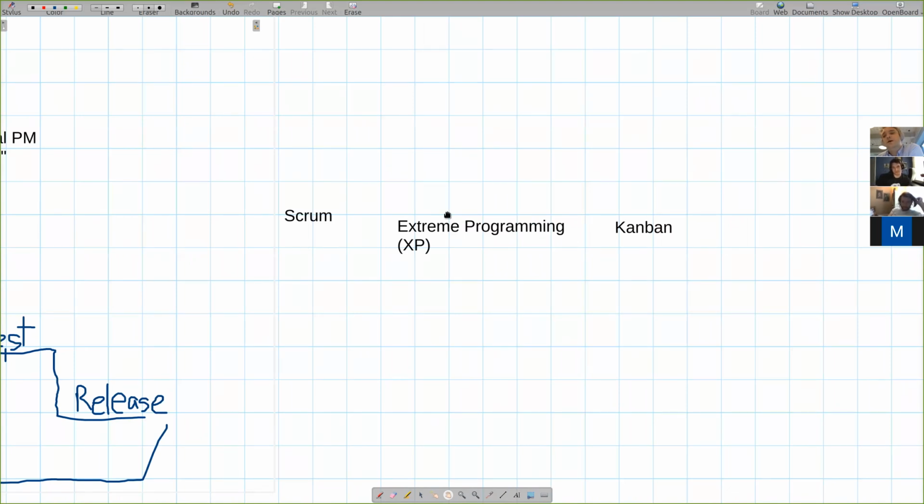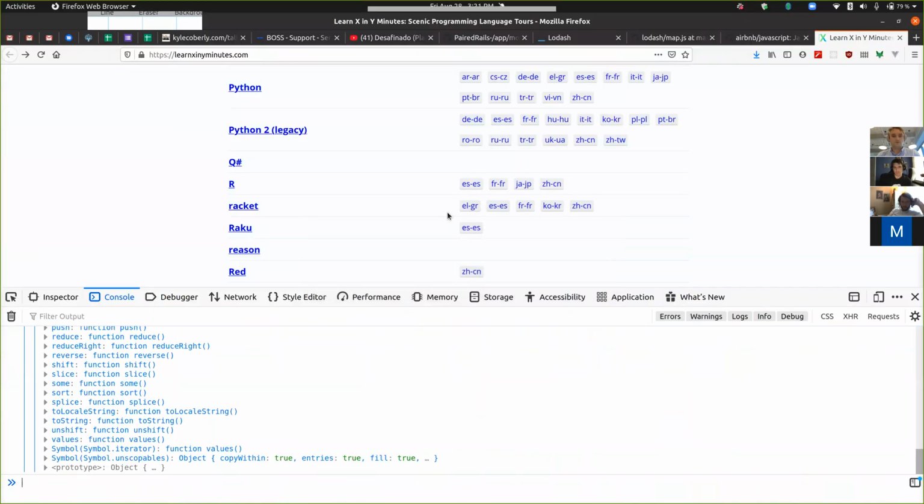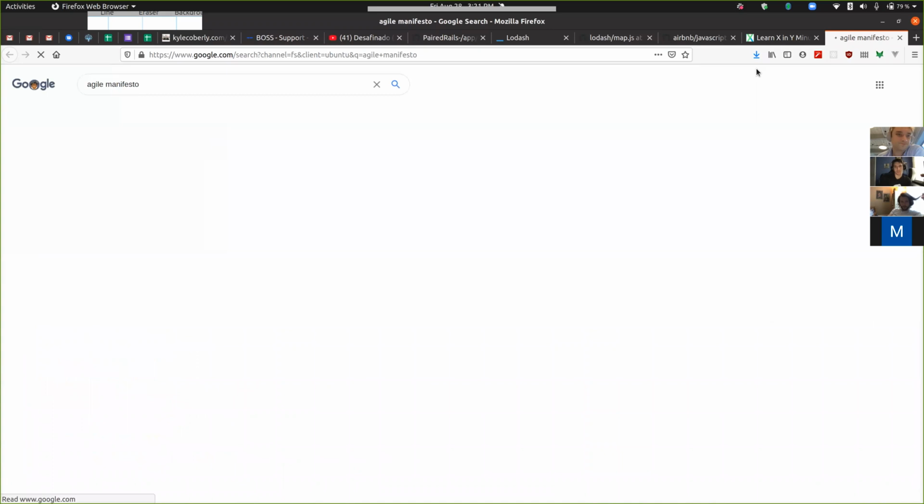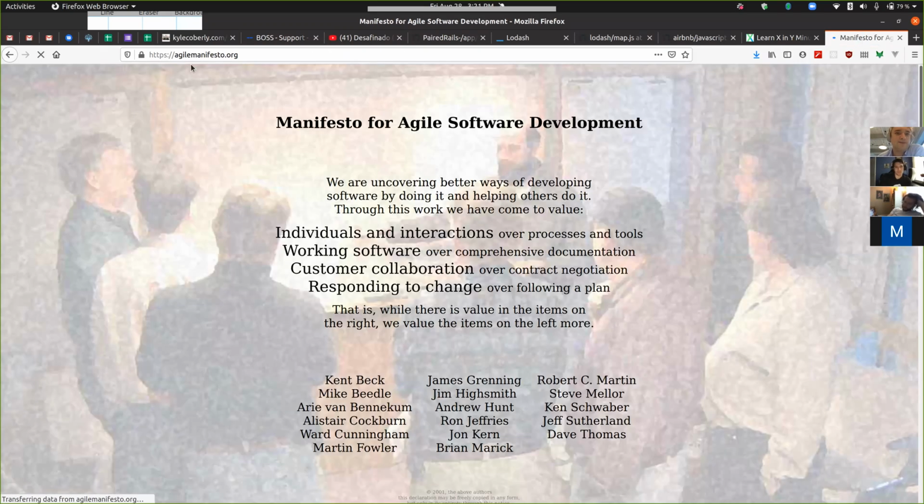So these 3 movements in 2001, they're like, hey, I feel like we're all kind of circling around the same idea about how software should get made. What if we all met at a resort in Snowbird, Utah, and tried to find a way to get on the same page about what this different radical belief system that we all seem to share is? And what those people came up with was the Agile Manifesto. So if you go to this hyper modern looking site,